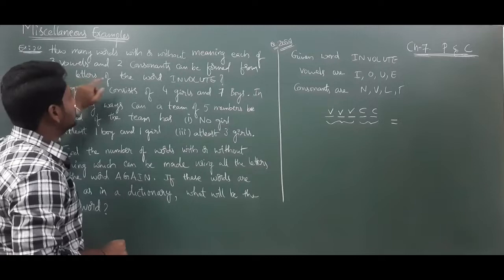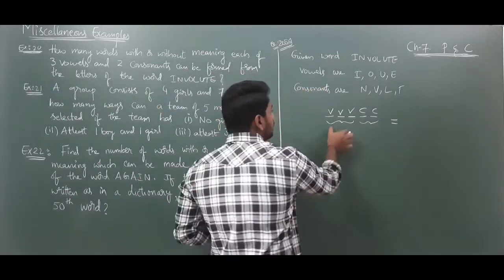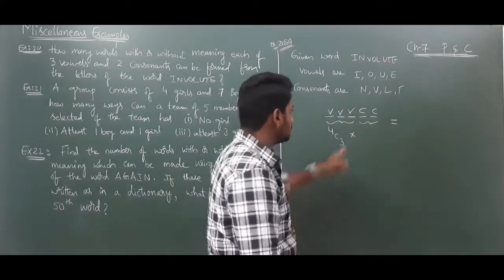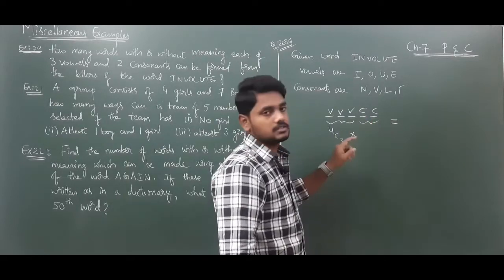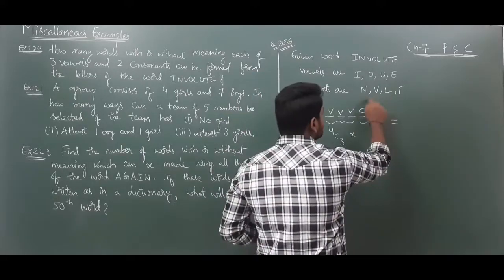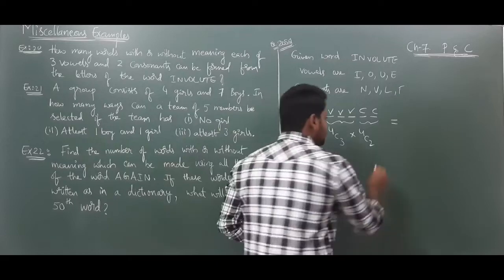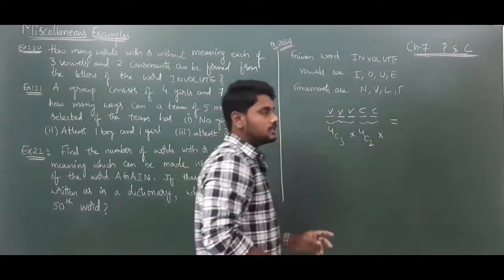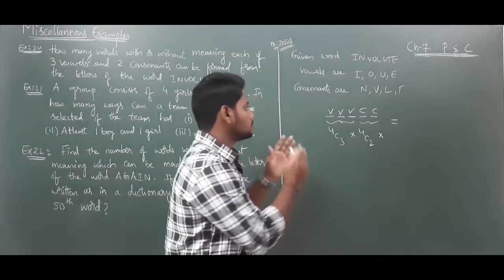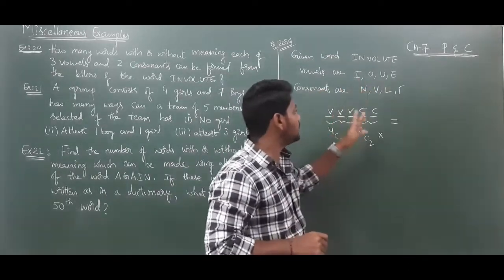See here 3 vowels. We have availability of 4 vowels. How we can select 3 vowels out of 4 is 4C3 into. Now, this is 2 consonants. In how many ways we can select those 2 consonants? 4 consonants we have, we need to select 2, which will be 4C2. Now, after that, this total will become 5, right? Total will become 5. So those 5 are different letters we have.